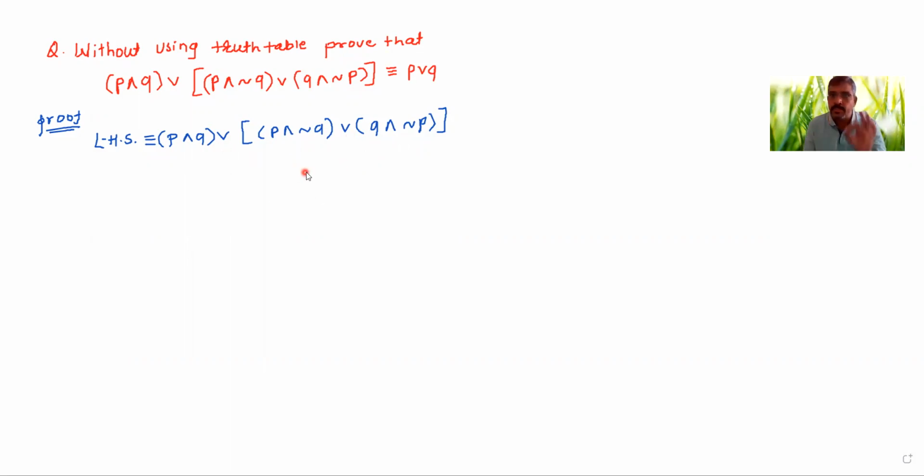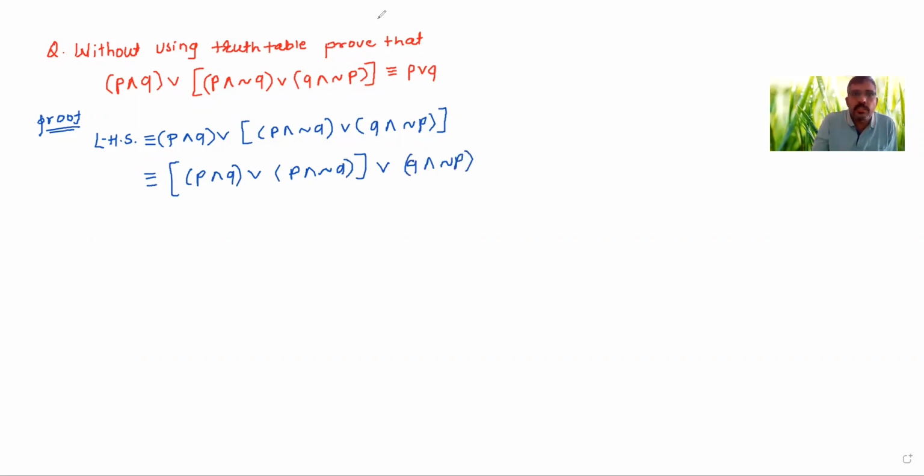It means we can use associative law. Why do we use associative law? Because if you observe carefully, P and is common in the first and second bracket. It means this square bracket you have to remove from this place and give to the first and second bracket, and this is known as associative law. It is equivalent to, yes, I have decided to solve the first and second brackets first, and then the last one, so I have written it separately. For this step, the reason is associative law.